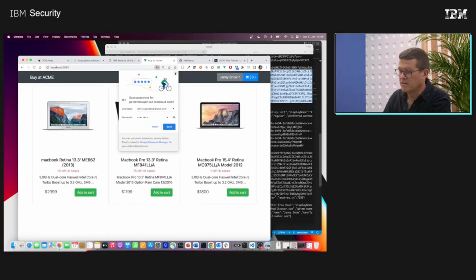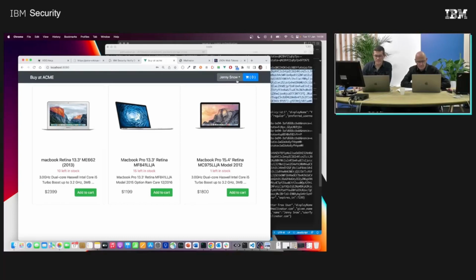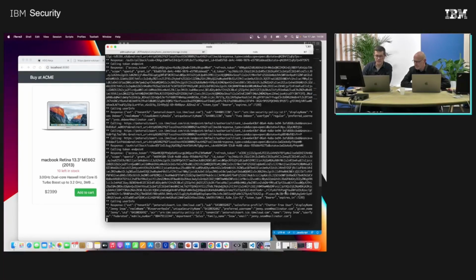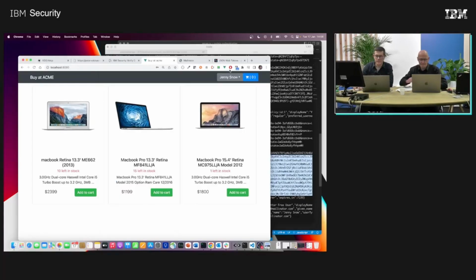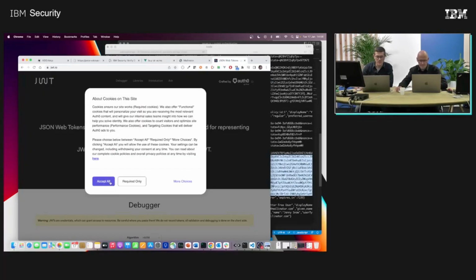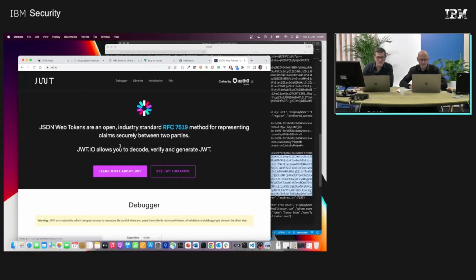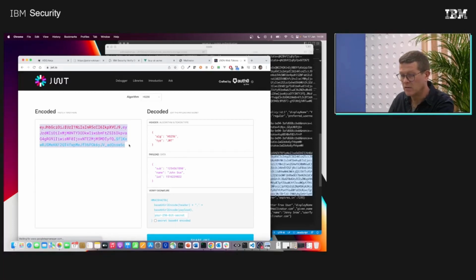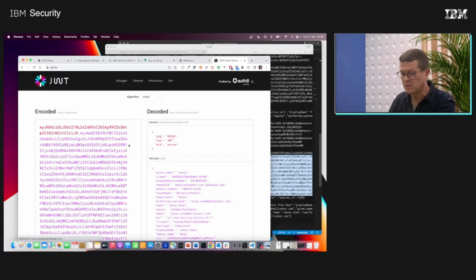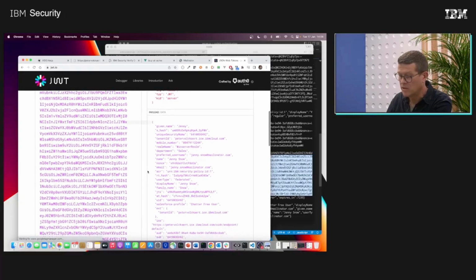Okay, so Jenny Snow is now logged in, and we see lots of things happening on our Node.js authentication. As an example, I can show you what's in the ID token. That contains all the magic attributes. There is a website, jwt.io, which allows you to see what's in the encoded token. Let's paste it over here. And then we see the decoded token,